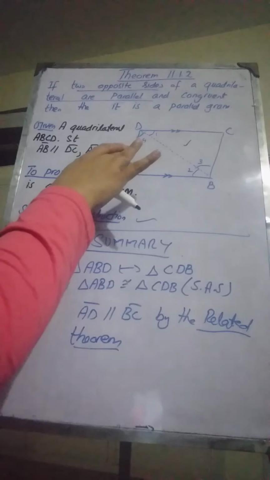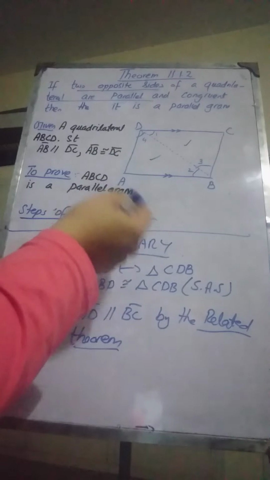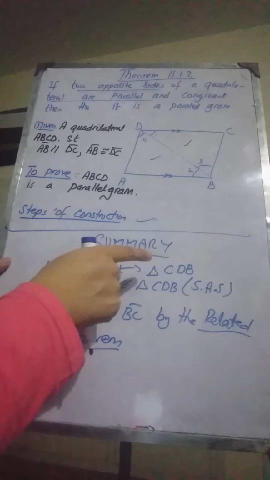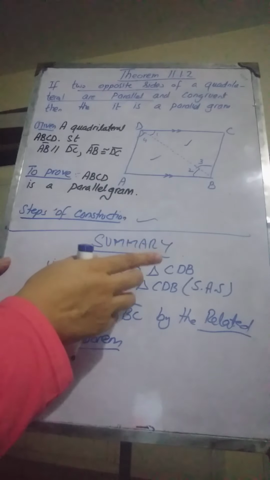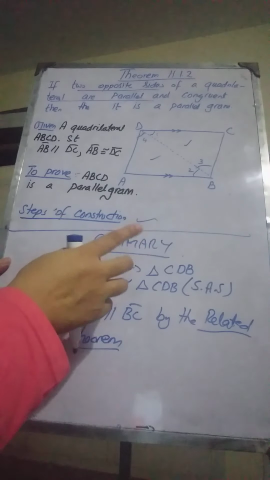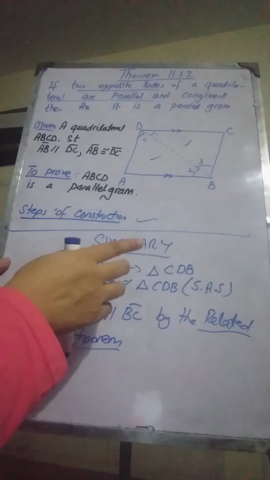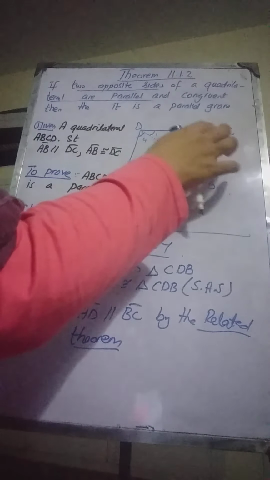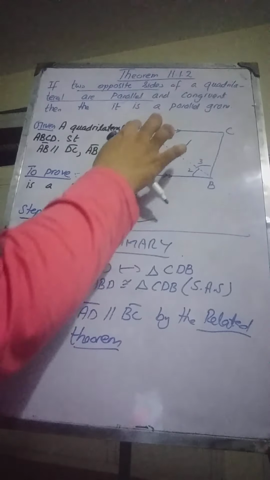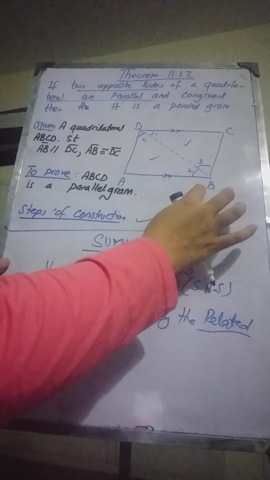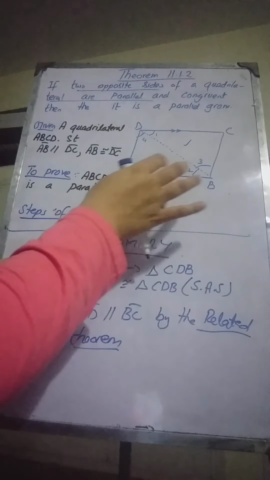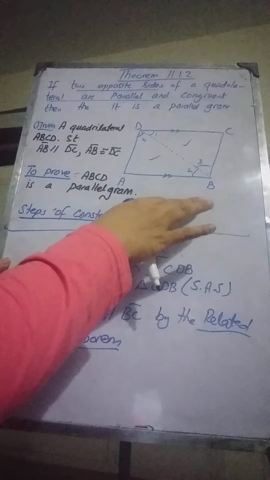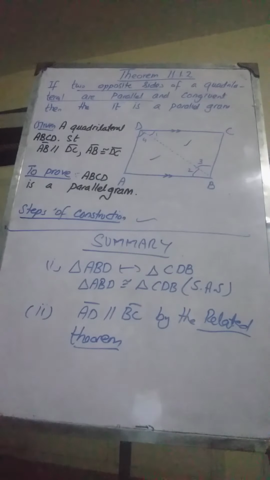We will also prove that these two sides are parallel, because according to the definition of a parallelogram, a four-sided figure is called a parallelogram if its opposite sides are parallel, okay. So it will be enough to prove. They have given us that AB is parallel to CD, so the only missing thing is that we need to prove that AD is also parallel to BC. Okay, so let's start the proof.